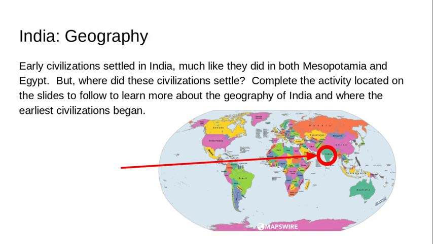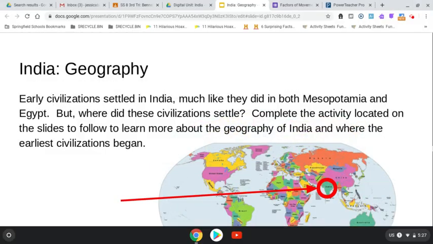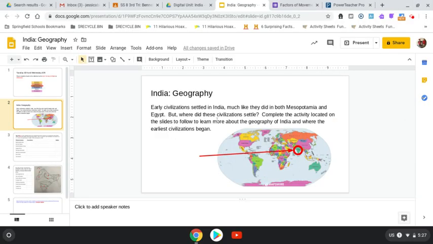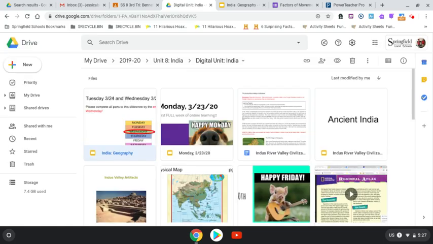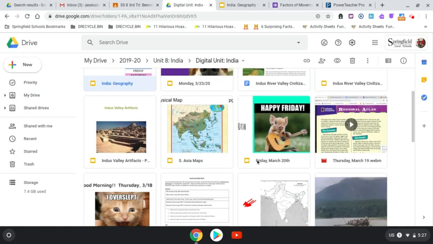And for this activity, what you're really going to look at is why did people settle where they did in India? So to complete this activity, you're going to see two things in the Google Classroom. You're going to see this slideshow that I'm talking about right now. And you're also going to see, I got to find it,